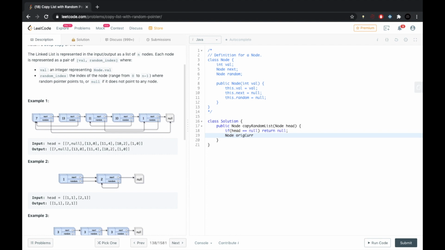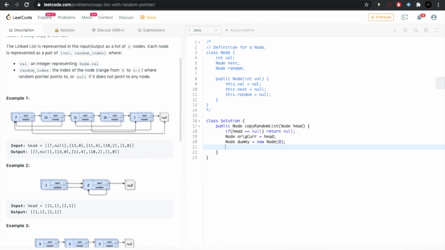Create the original cursor and the dummy node. Original cursor, we'll initialize it with the head, and create a dummy node with the data 0. Similarly, we will create a new cursor for the new list that we are going to create, equals dummy, and size is for storing the size of the linked list.